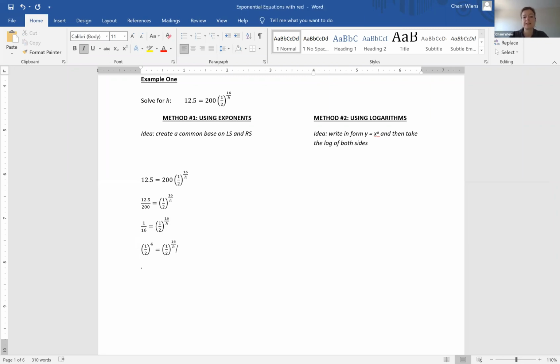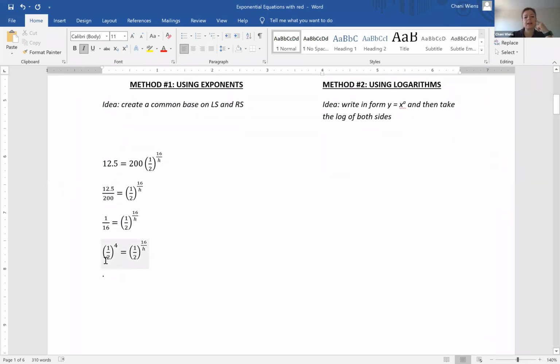So again, why is this important? This is important because now, let me zoom in here. If I have an equality and my bases are the same, then that means that my exponents have to be the same. So I got rid of the coefficient here at the beginning. So I just have two bases that are the same here. And so that means I can set the exponents equal to each other because the equation says they are equal. So 4 is equal to 16 over h. And so then that means